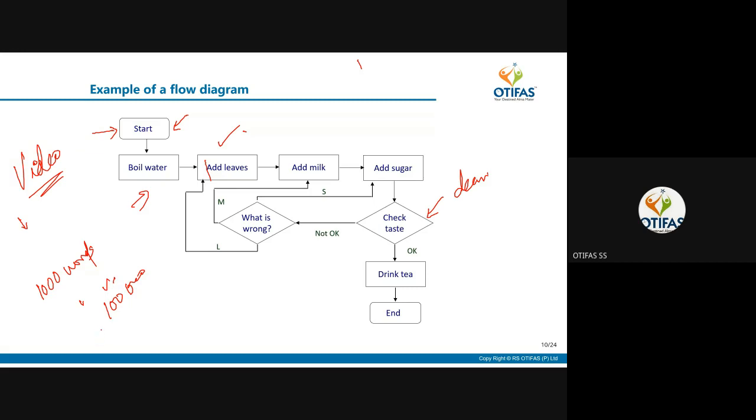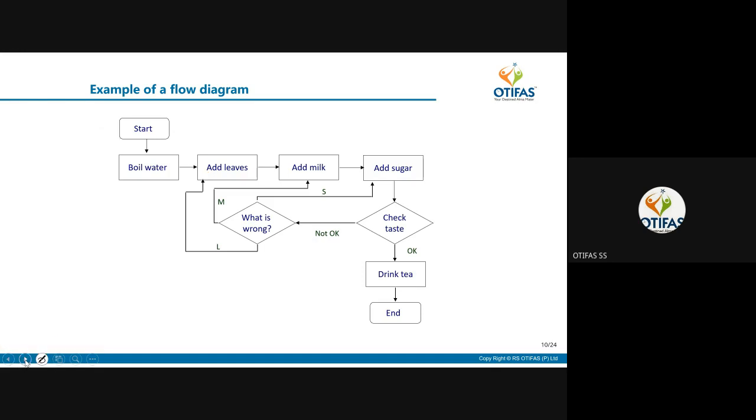It can be used for training purposes. It can be used for solving your problems. It can be used for checking whether the process is followed properly or not. So your problem in output is because you are not following the process properly. So learn to follow the process properly.